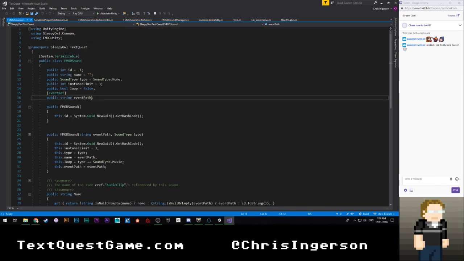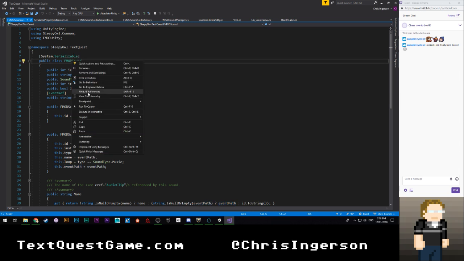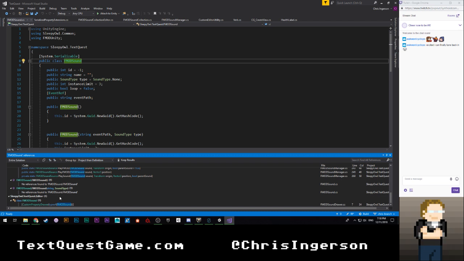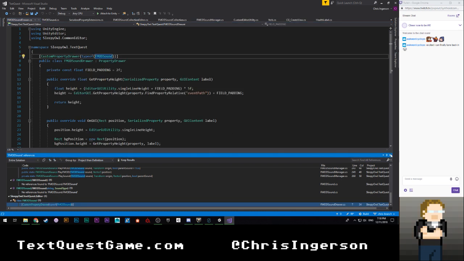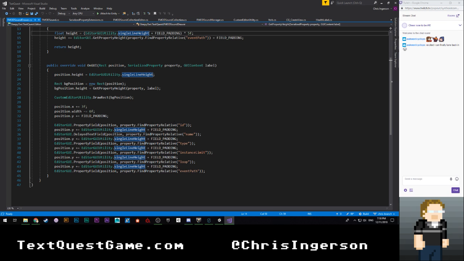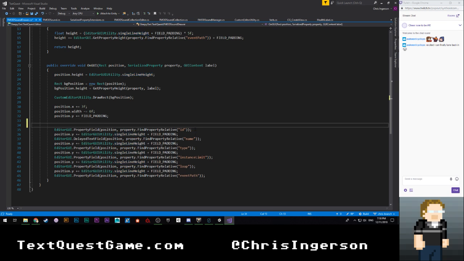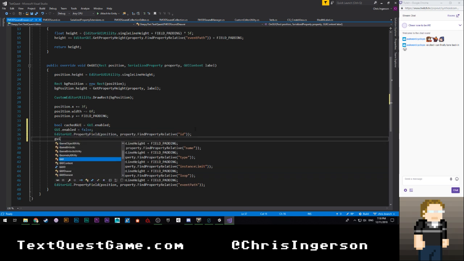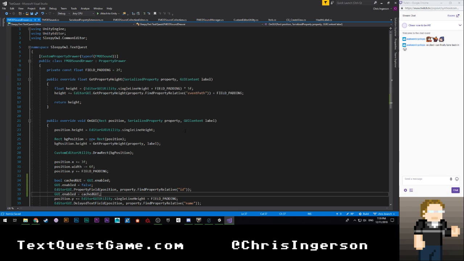Oh, you know what? I bet that's going to be my FMOD sound custom drawer, so let's find all references. Here we are. And here we're going to say bool cachedGUI is equal to GUI.enabled, and then we're going to say GUI.enabled is equal to false, and then after this we're going to say GUI.enabled is equal to cachedGUI. Okay, so that solves the ID field,